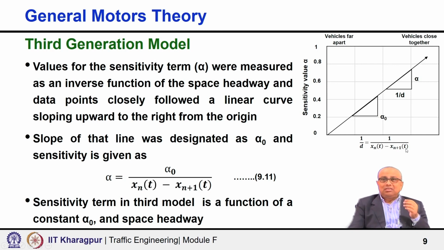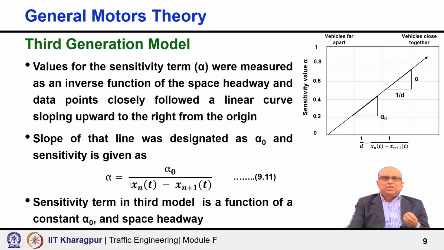And when they are close enough, so x n t minus x n plus 1 t is a small value, obviously 1 by d is becoming higher. So, the sensitivity is also higher, two vehicles following closely. So, the sensitivity is obviously higher,